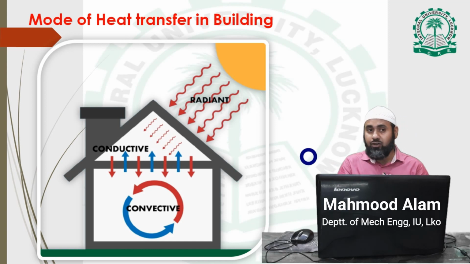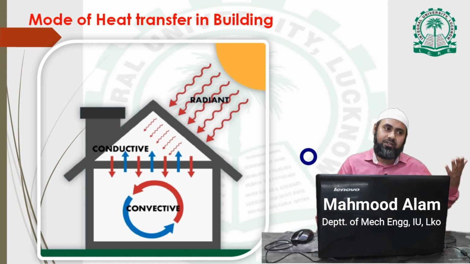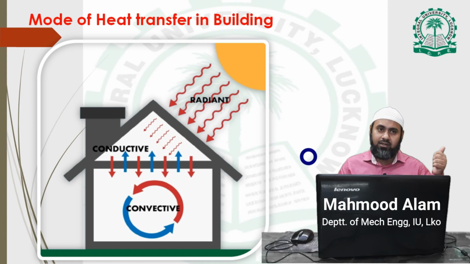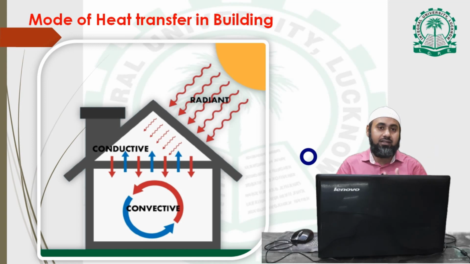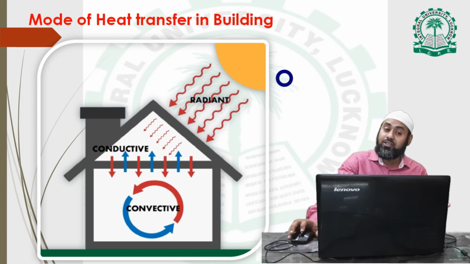If we talk about the mode of heat transfer, we have already known in the previous semesters, might be in third year or second year in heat and mass transfer or thermodynamics. We all know that heat is transferred in three ways: conduction, convection, and radiation. There are generally three modes of heat transfer. In case of heat trapped in the building, let's see in how many modes there is accumulation of heat in the building.